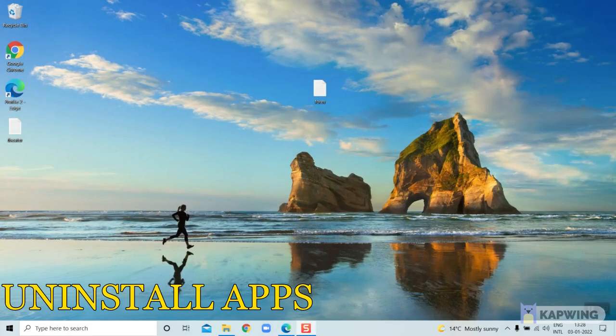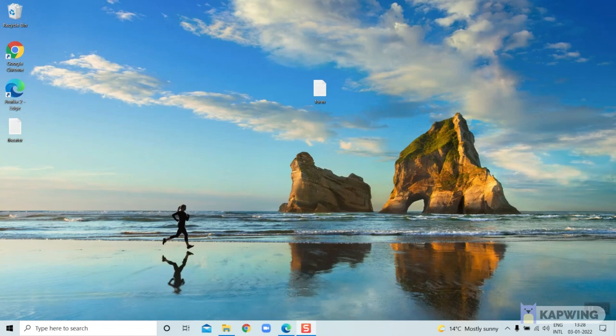Tip number three, uninstall apps that you are no longer using, or maybe even apps that you never use at all. When you leave these apps on your computer, they are taking up space and they could even be running in the background. To remove apps, once again, just like we have been doing in the entire video,